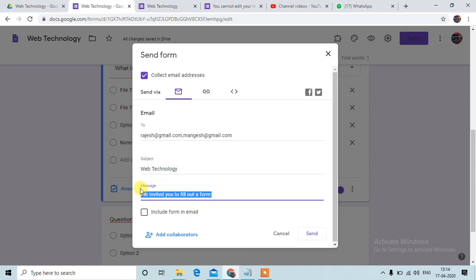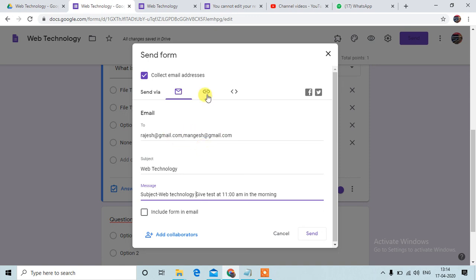Then you say: give the test at 11 PM evening. Subject: technology. Date, you can include the date also. So there is the option to send. If you click on send, then the message will be sent to these email addresses.